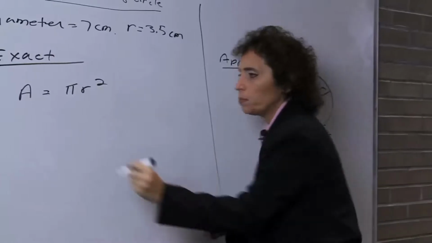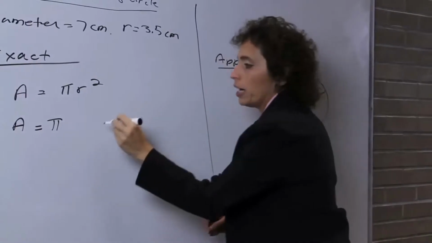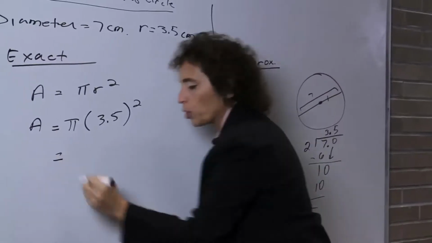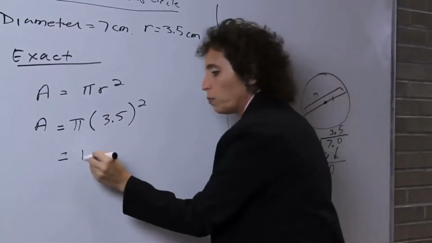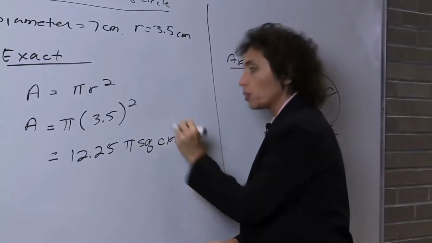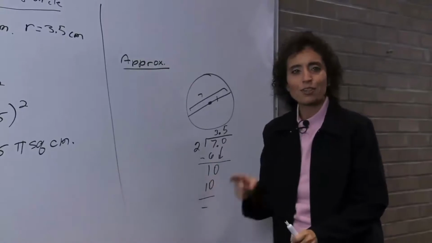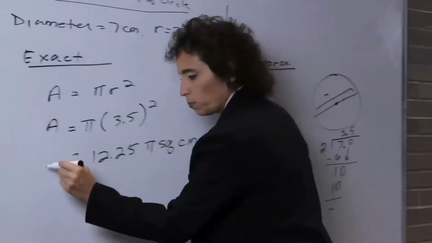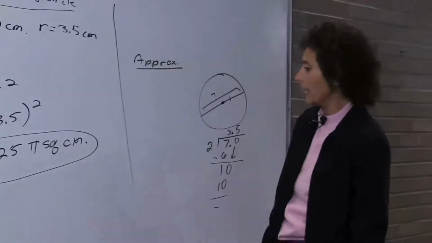Okay, so here we go. It's going to be simple. A equals pi. Pi is going to say pi because we want it exact. Okay, pi, radius is 3.5. We're going to square it. Then we're going to write the coefficient in the front. 3.5 times 3.5 is 12.25 pi square centimeters, because it's in centimeters. So area is pi r squared. Pi r squared. I thought pi's are round. Pi r squared. Forget it. Okay, so area is 12.25 pi square centimeters.